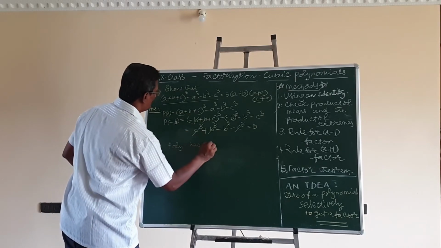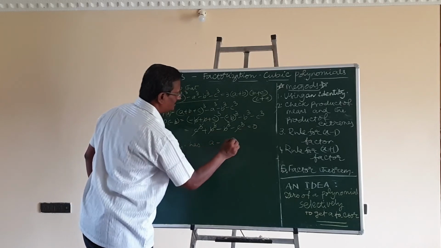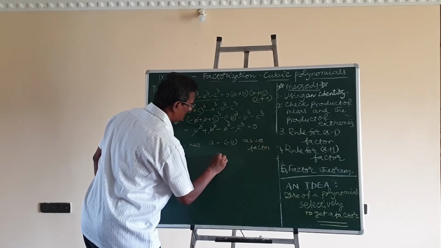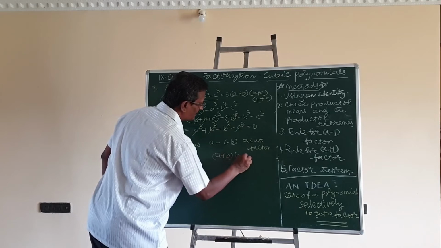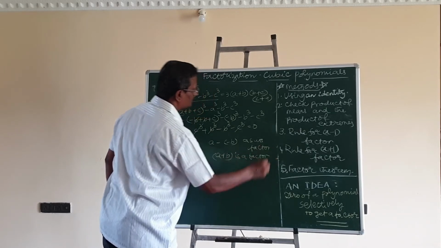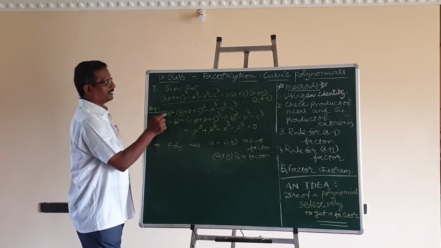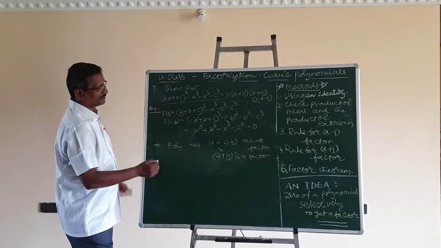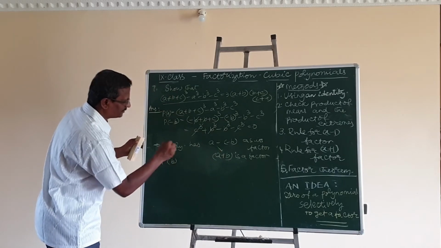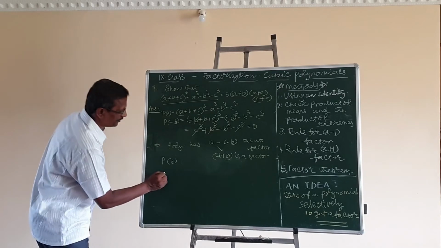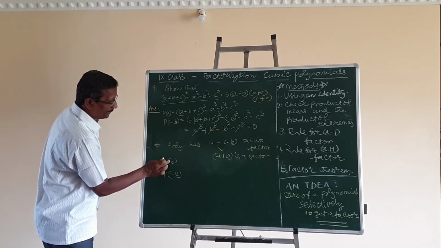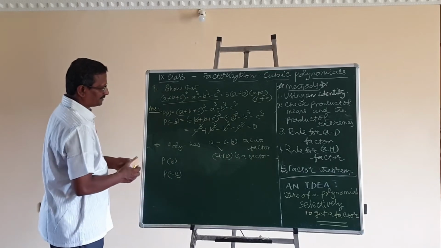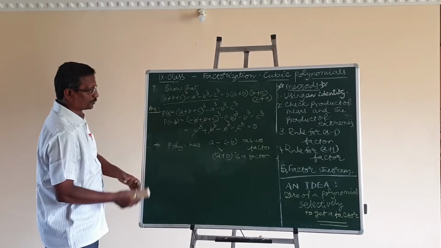polynomial has a minus b as its factor, means a plus b is a factor of the polynomial. It is a cyclic polynomial. Here in place of a minus b I have substituted and we have arrived at a plus b is a factor. Suppose you consider this polynomial as a polynomial with variable b, and in place of b, if you substitute minus c, again you will get 0. You can check. Since it is a cyclic polynomial, this is true.